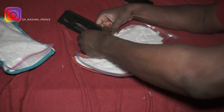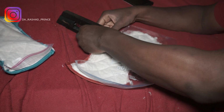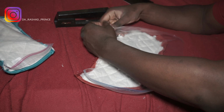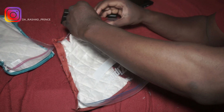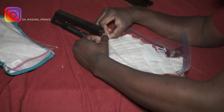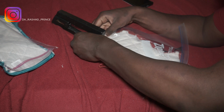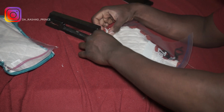So the previous step I didn't explain, but the reason why I made you take off the padding an inch off is when you have that much padding and you decide to rub it on your waves, the extra padding will be on your waves and it won't look too pretty, and you have to do extra brushing to take it off. So that's why I did that. So that's fold,